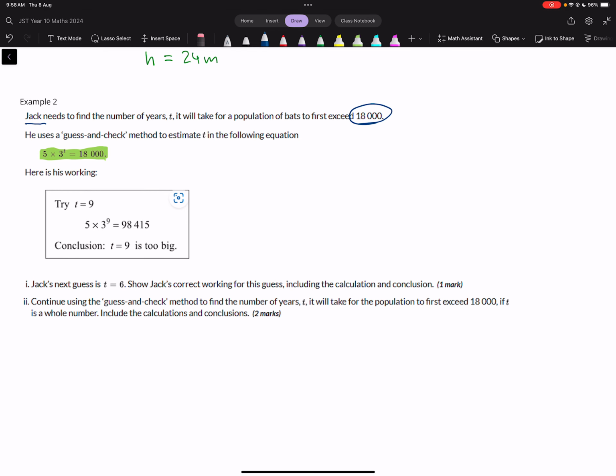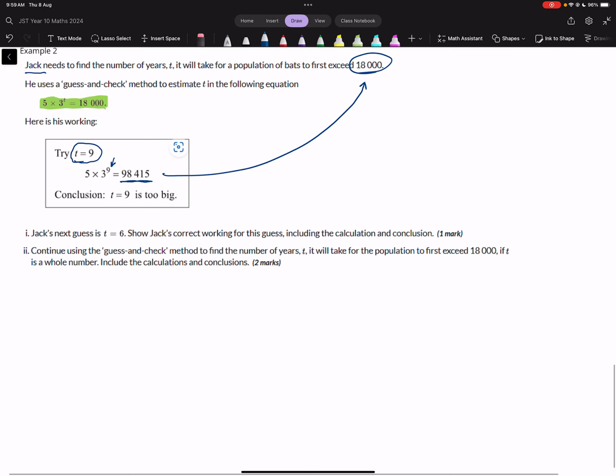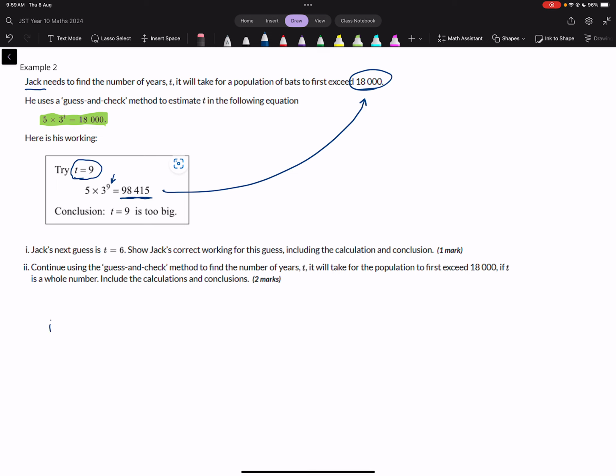Jack, the person in this question, has tried to see if 9 years is the right answer. So he's put 9 into the equation, and he's got 98,415, which is obviously a lot bigger than the 18,000 we were interested in. So this first question here, part 1, is asking us to try a time of 6 years and see what happens. So we're going to try t equals 6, and we're going to put that into the formula